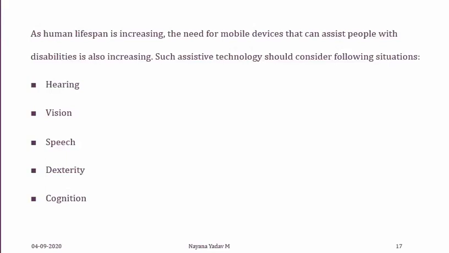Instead of ringing, what are the features we can add? Vibration. Okay. Then light, right? Some alert, like visual alerts. So if you are having some visual alerts, then the person who is not able to hear the ringing sound, it will be helpful for such kind of people. So that is what you have to tell for hearing.